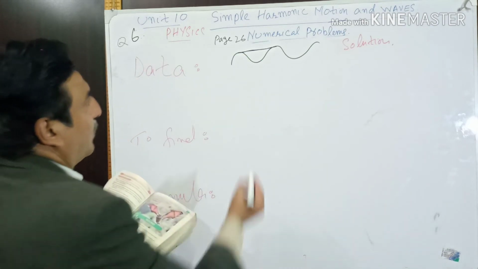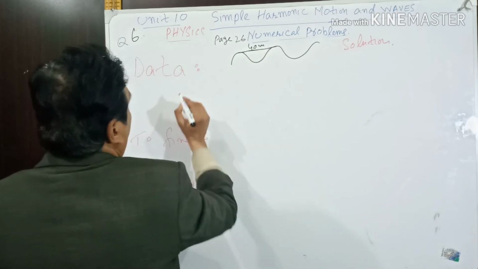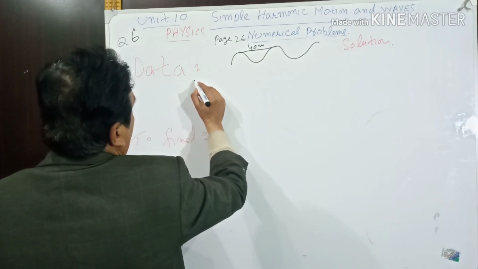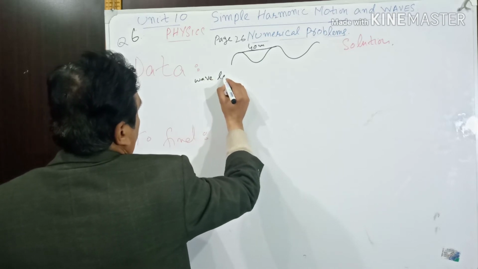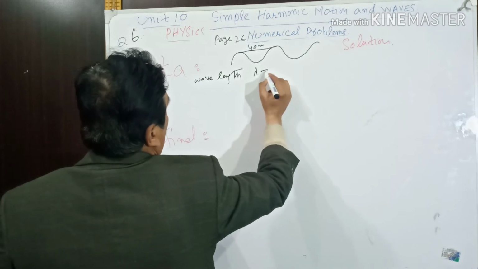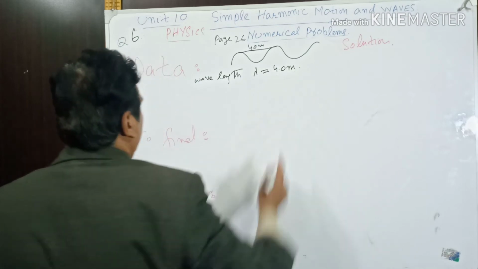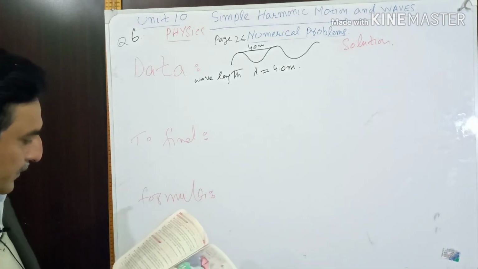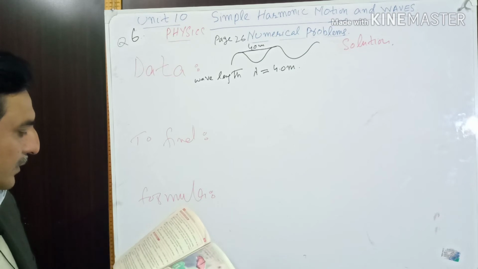Given is 4.0 meter, so we can say that wavelength lambda is 4.0 meter, and the crest travels 9.0 meter in